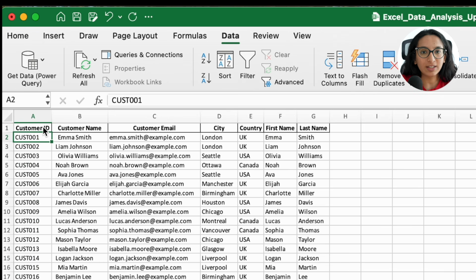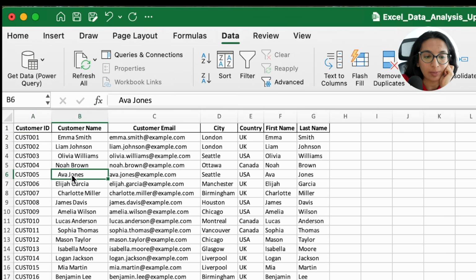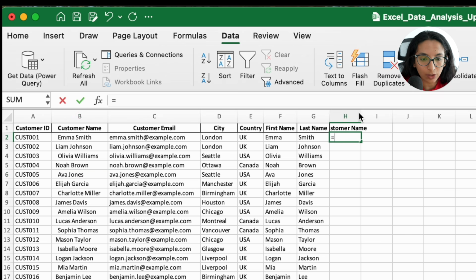One of the functions that is extremely important that you will use both in Excel and in Power BI is the trim function. And what trim does is that it removes extra spaces that are unnecessary in your data set. For example, I can see that under customer name, there are extra spaces, and this makes it difficult for us to do lookups or to use left and right functions, stuff like that. And to start a function, I would hit equals, close parentheses, and then hit enter.